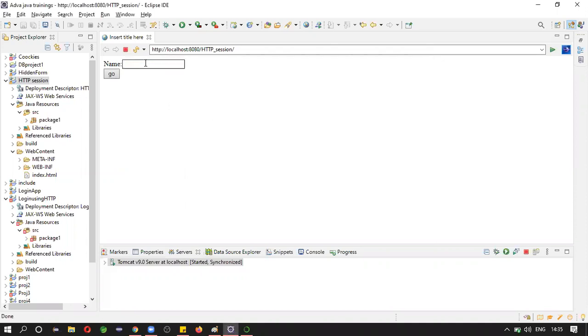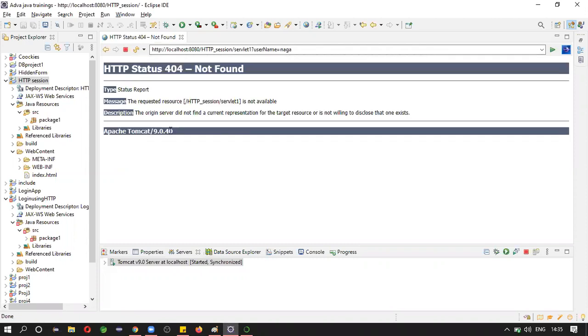So here I am giving data. Click on go. Successfully became a 404 error. What is a 404? Means missing. Actually, it is not available, but you are trying to access. Okay, even you need to remember these status codes. There are a lot of status codes: 404, 505, 500, internal errors. Let's open the code and see.